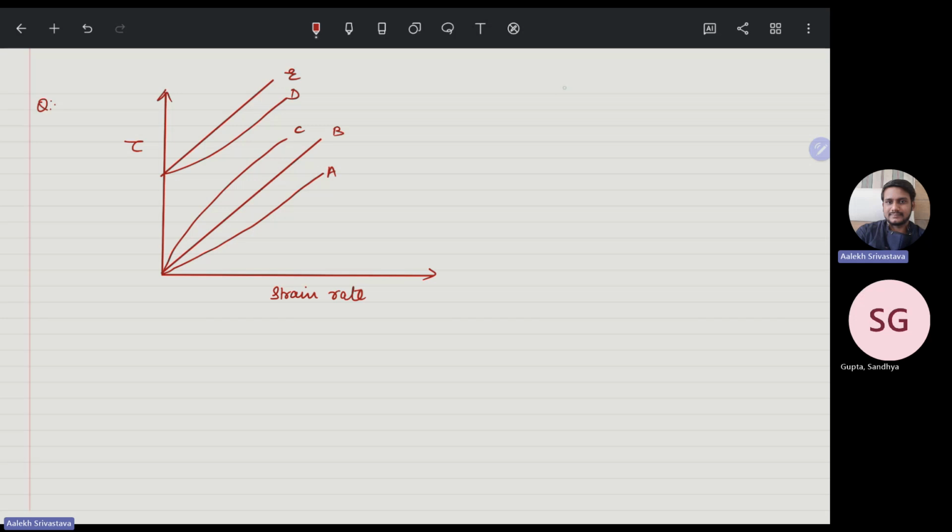As you know, we have two types of fluids. So you need to identify which of the fluids they are. So the options are P is